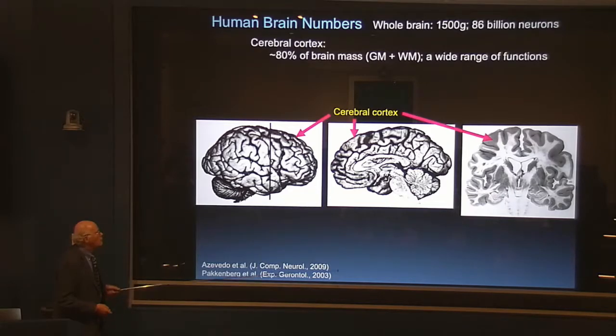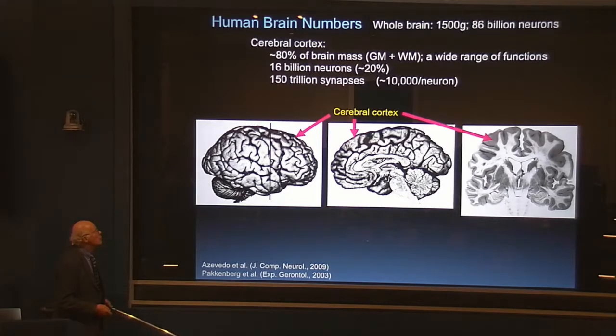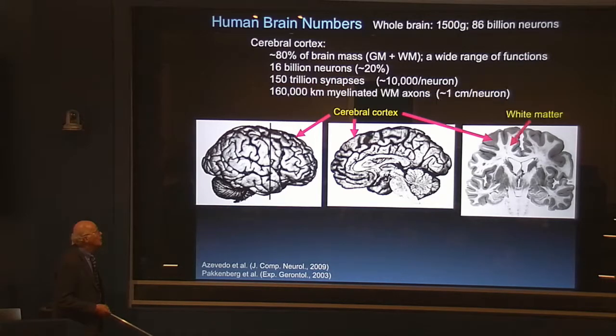And in all three views, the dominant structure is the cerebral cortex, which contains about 80% of brain mass, but remarkably contains only about 20% of the neurons. That's because it's chock-a-block full with more than 100 trillion synapses, 10,000 per individual neuron on average. And in the underlying white matter, there's about 100,000 miles worth of cabling to connect different